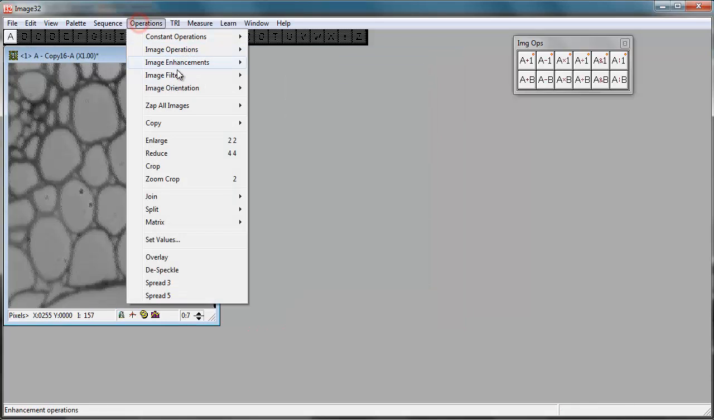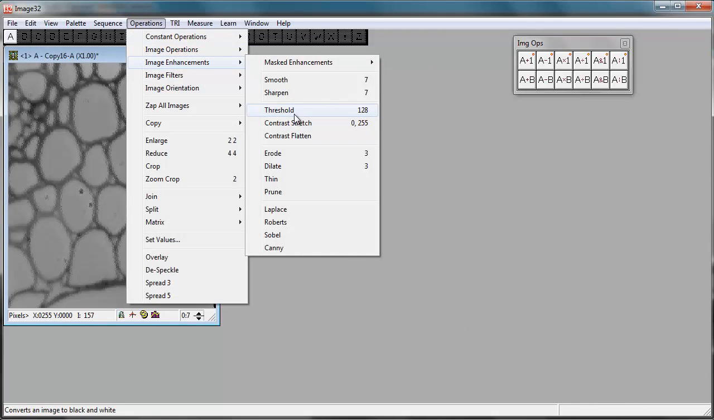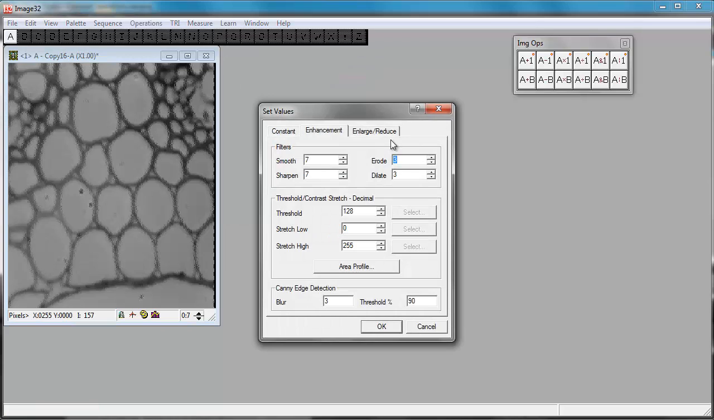If we go back to Operations again and Enhancements, we've already had a look at the threshold option. Contrast stretching and contrast flattening are probably things that you won't use very much. Erode and Dilate are probably worth a quick look at. What Erode is going to do is to take the source image, and again I'll do this fairly aggressively, so